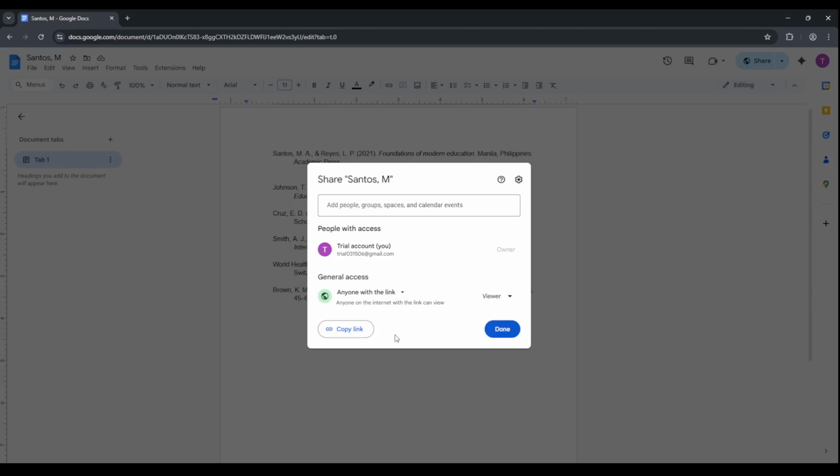Once your permissions look right, click Copy Link. You'll see a confirmation that the link has been copied to your clipboard. That's the shareable URL your recipient will use to open the document with the permissions you just set. Click Done to close the sharing window and return to your document. Your link and settings are saved, so you're ready to send. Now head over to www